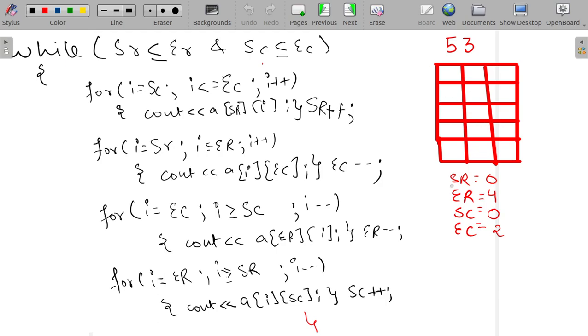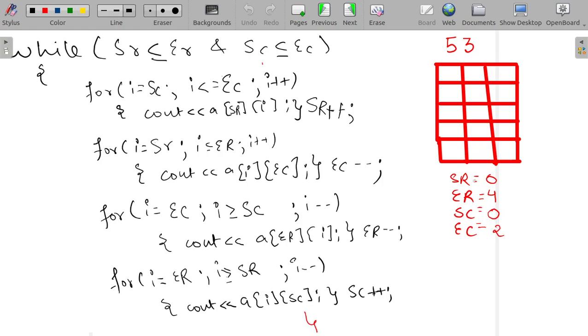I have already made the variables and initialized them with the values which they will have for the input 5 and 3. 5 is the number of rows, 1 2 3 4 5, and 3 is the number of columns, right? So let's run our code for this input also.